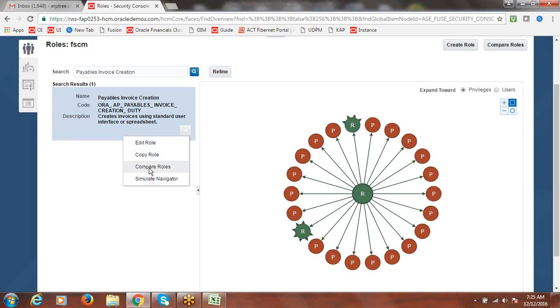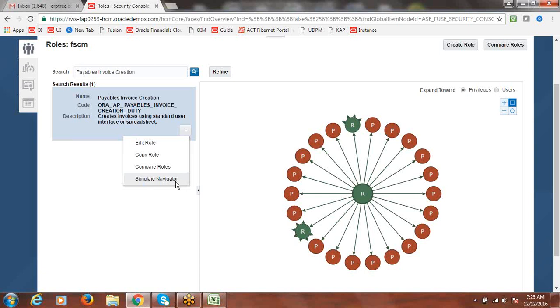Another one is compare roles. Compare roles in the sense you have a payables invoice creation duty role, and you want to compare it with another role to understand what access this role will give and what access the other role will give. If you want to compare, you can use this compare roles option.